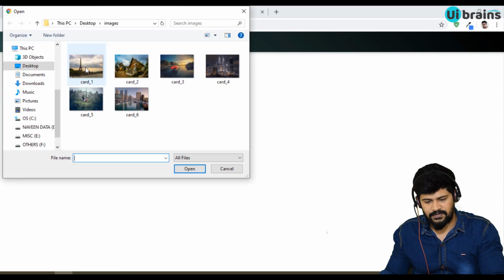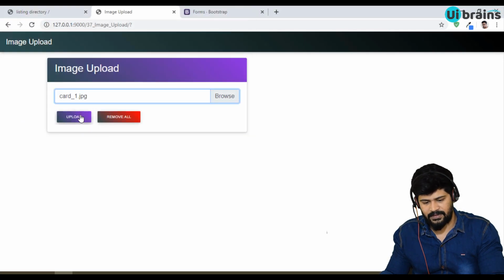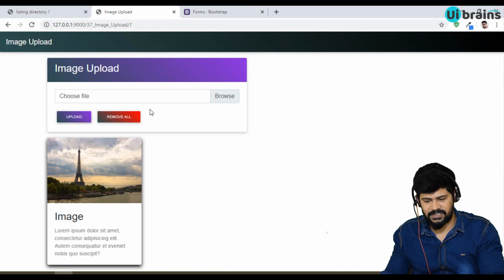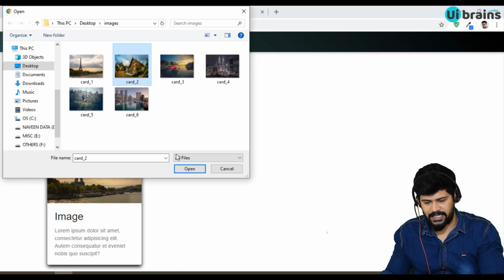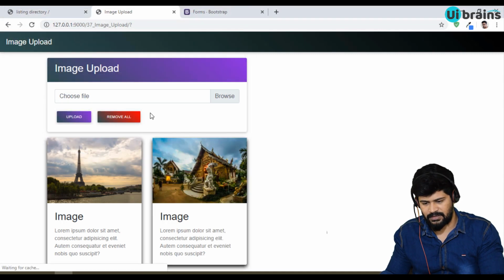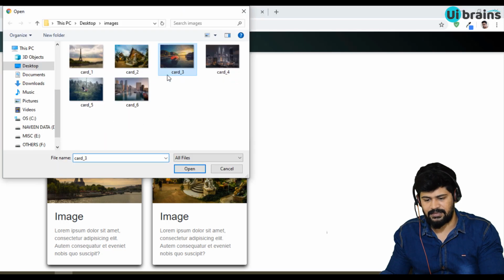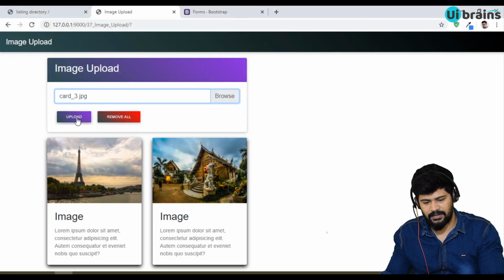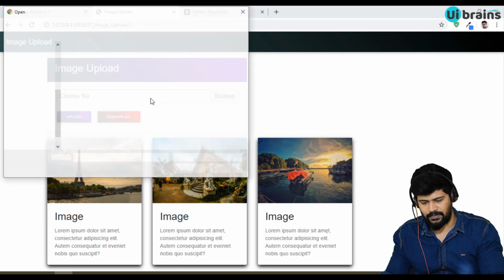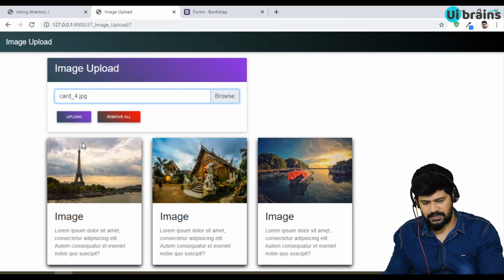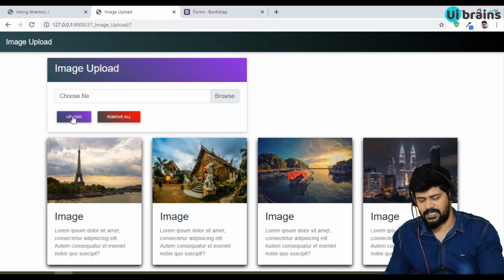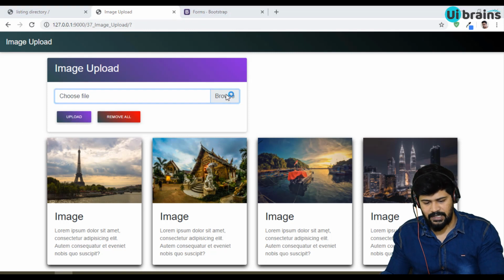Browse for card one, open, upload. You got the image, and let's upload the second one, and the third image, and upload the fourth image. So like that. If you want to upload one more, it will come in the next row.